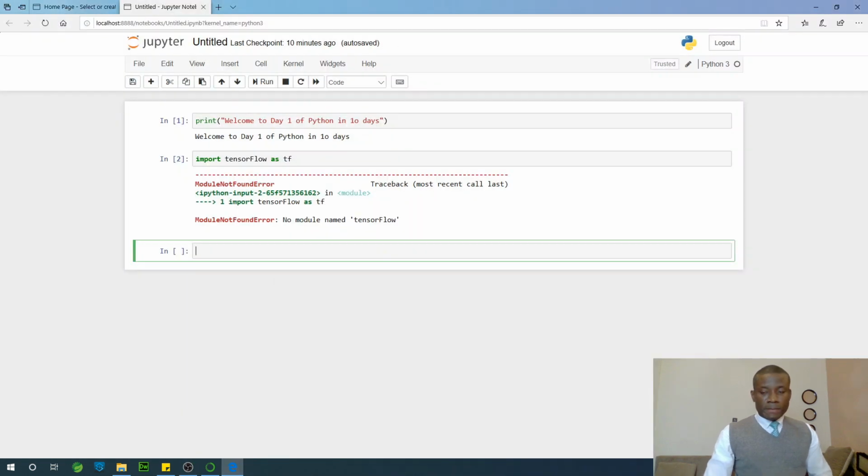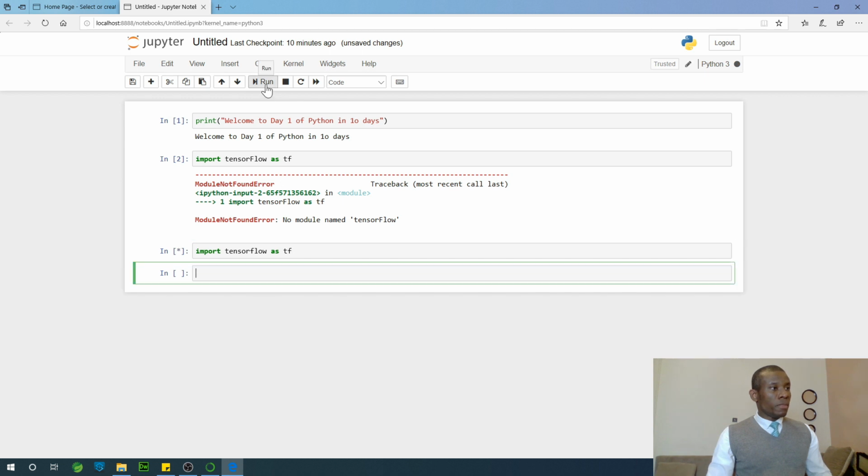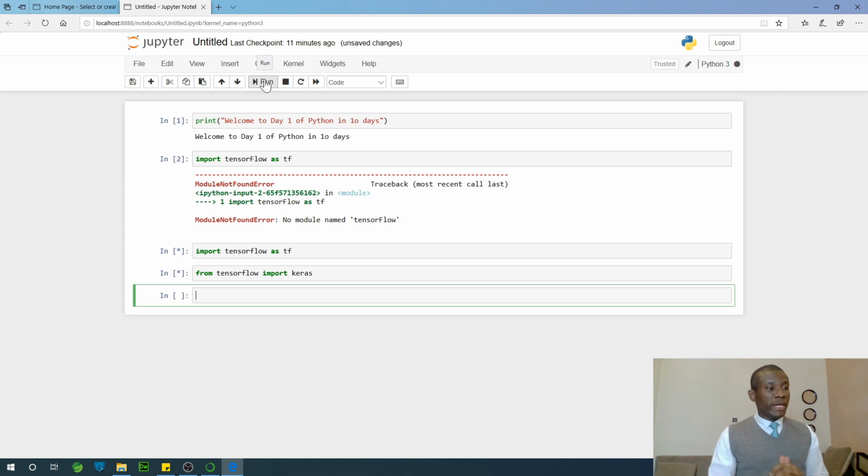So now let's do the same thing again and see if we have that module. So import TensorFlow as tf, and let me run it. At this point you can see we have TensorFlow right there. I can also execute from TensorFlow import Keras, and run it as well. So everything is perfectly okay, and this ends one of our machine learning